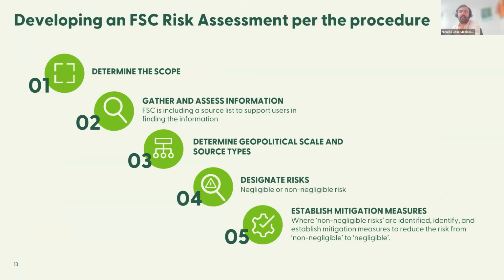Okay, so the procedure outlines the core 5 steps in developing an FSC risk assessment. These are: determine the scope, gather and assess information, which includes gathering sufficient evidences to assess each of the 64 indicators, determine the geopolitical scale and source types, designate risk as either negligible or non-negligible, depending, of course, on the evidences that have been collected,